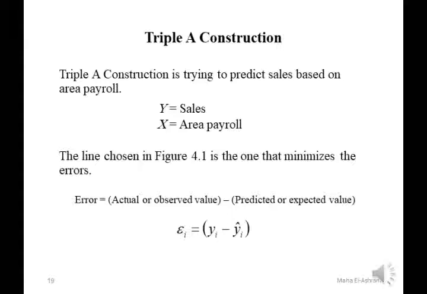The line that we have chosen, that we have drawn on the scatter diagram, is the one that minimizes the error. As we said, the error is denoted by epsilon, and it is calculated by the difference between the observed value given in the data minus the predicted one, which is calculated from the equation that